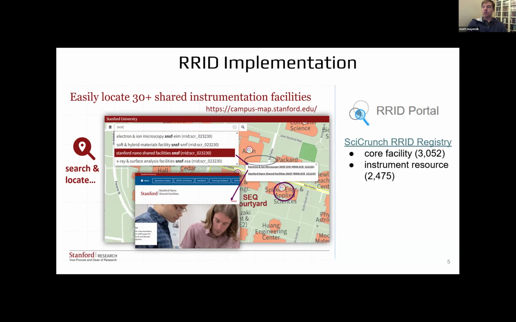I'll come back in my recommendations to what we think these identifiers might be used for and how they might be used differently, but I just wanted to note that there are already several types of identifiers being used for this purpose, that is instruments and facilities, including RORs as well. And that's part of the challenge right now, consolidating information and guidelines across these different communities that use different identifier systems.